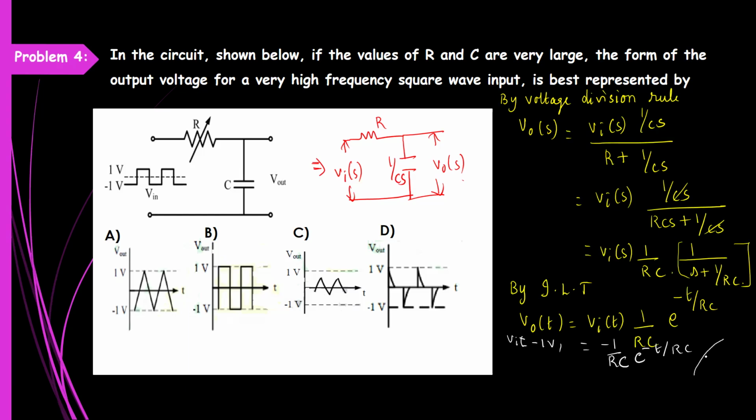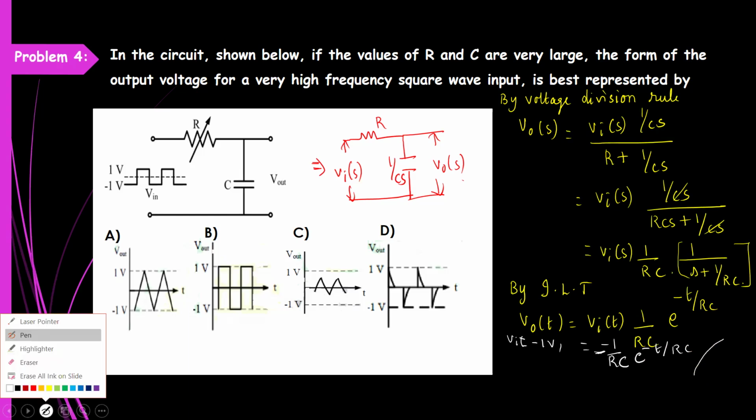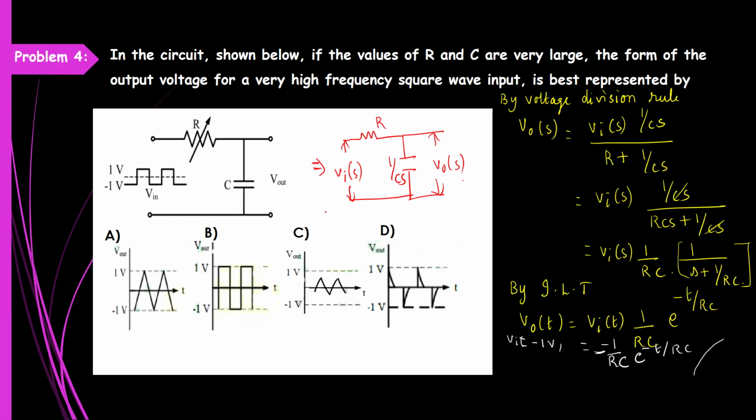From minus 1 volt, because we are having the negative value. Okay. So minus 1 by RC of e power minus t by RC. So this will be an increasing exponential. Negative of the decaying exponential is nothing but an increasing exponential from minus 1 volt. So again, if we put plus volt, I'm writing here, if VI equal to minus 1 volt, it will be like an increasing exponential because we are having